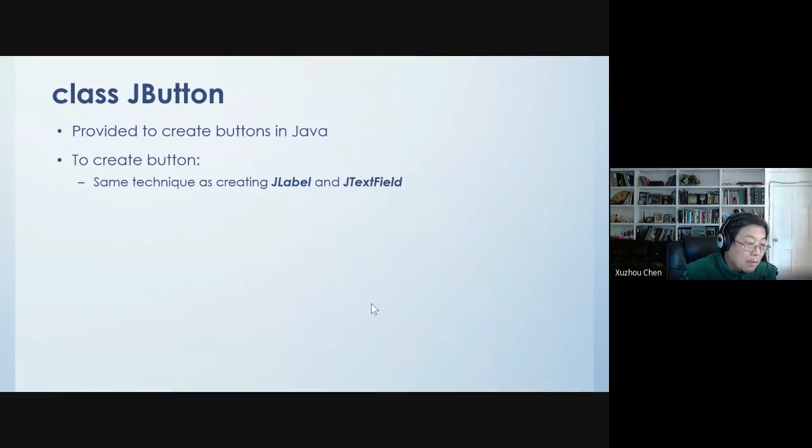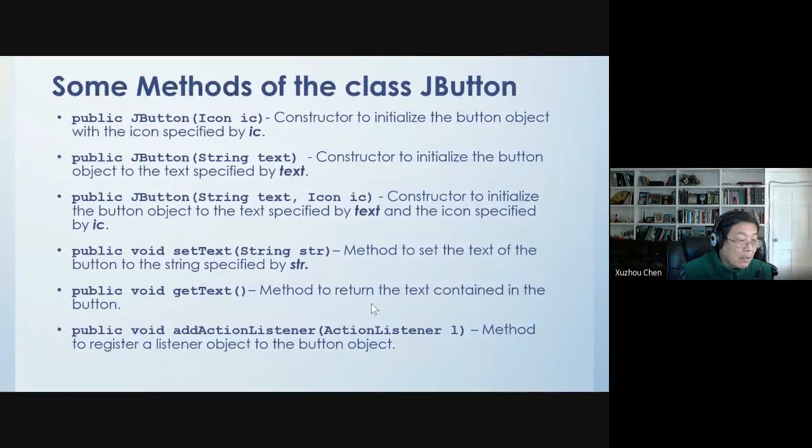And JButton, as we mentioned, is a widely used object. These are 3 different constructors, and you can set the text. What are you going to display on the button? And you can get the text. That's important, right? Because when you press the button with